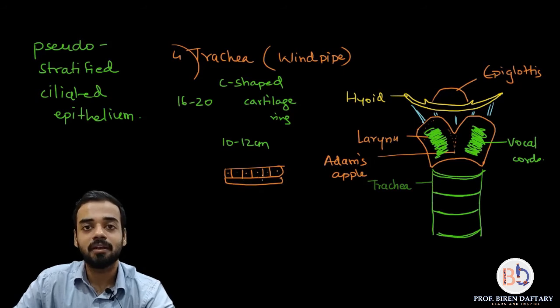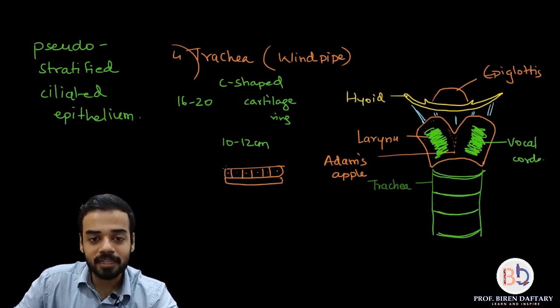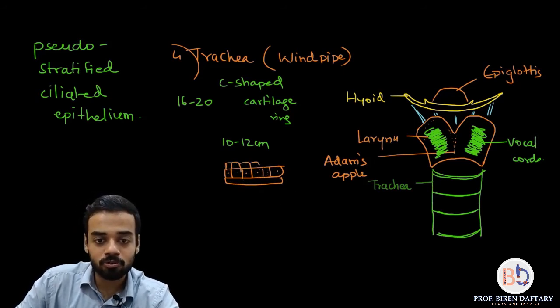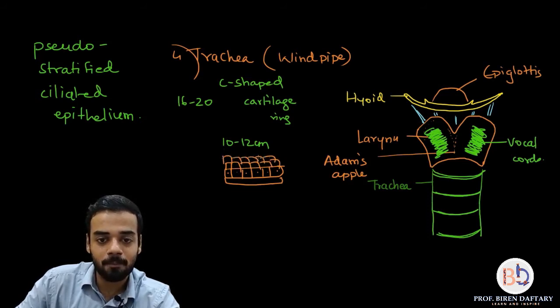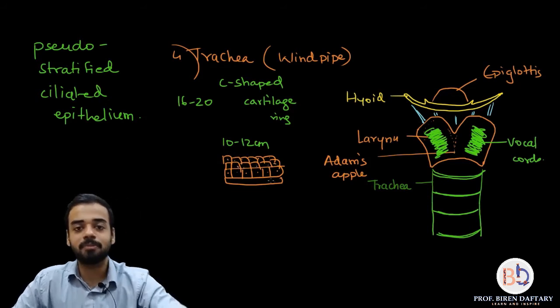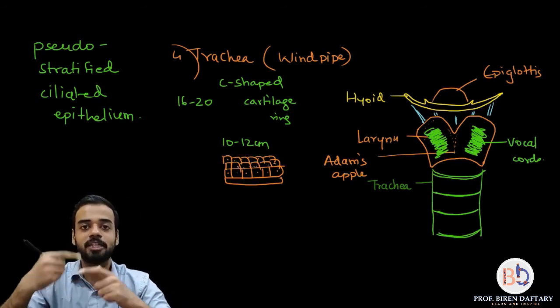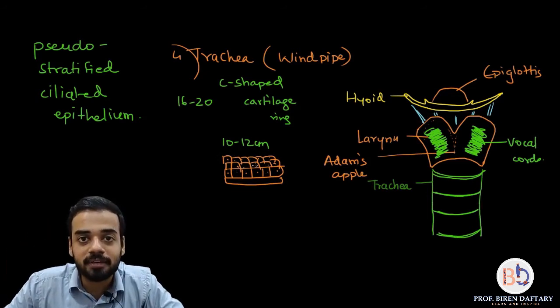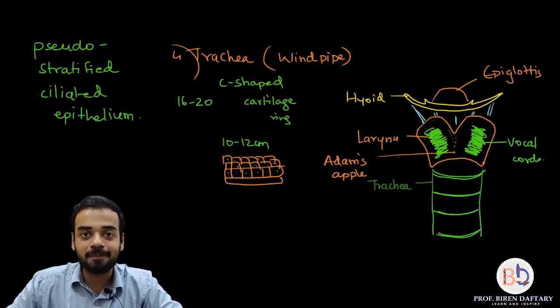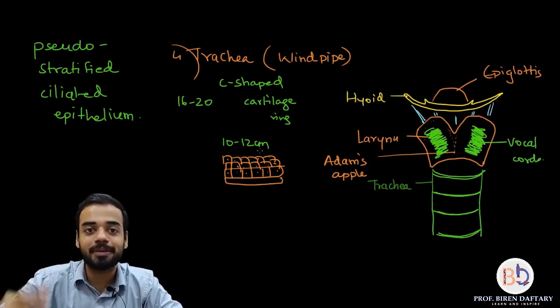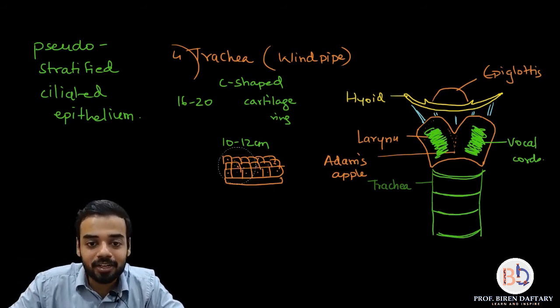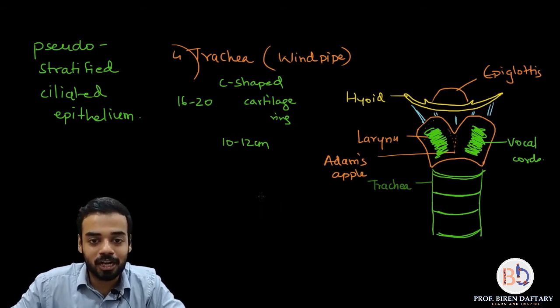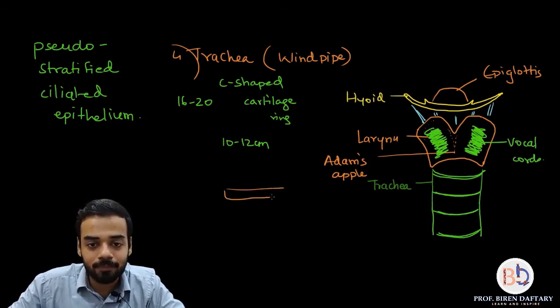This is simple. Stratified epithelium means having multiple rows of cells on the basement membrane. Correct? It is also called the compound epithelium. And below that is the basement membrane. So this is your stratified epithelium having many rows of cells. Now why is this called a pseudostratified epithelium? Because this epithelium is not actually having many layers of cells, it is having only a single layer of cells. So now I am going to redraw the diagram.